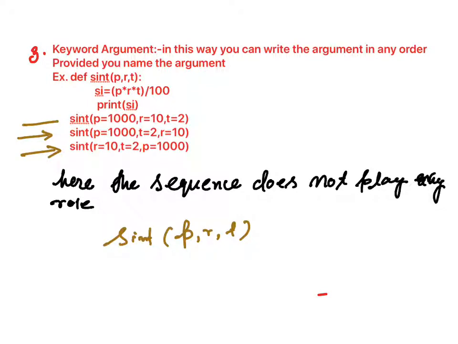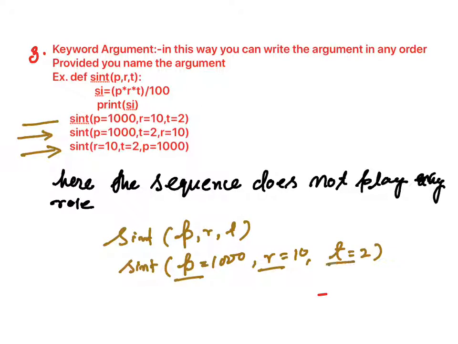See the first example: I have passed the values, simple interest, P equal to 1000, R equal to 10, and T equal to 2. Now you see that P is written there, R is written there, and T is written there. So this P will be received by P, R will be received by R, and T will be received by